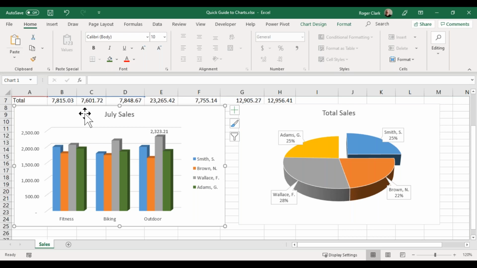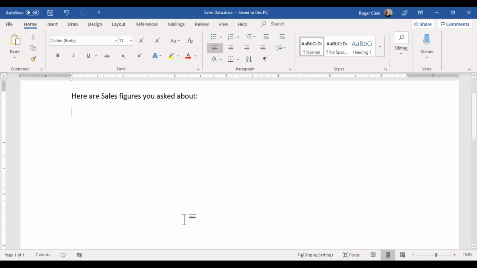I'm going to use Excel, and then I can copy my spreadsheet here. So I'm going to copy my chart. And I happen to have a Word document over here for my sales data. And I am going to simply paste